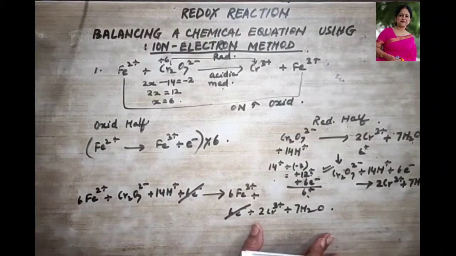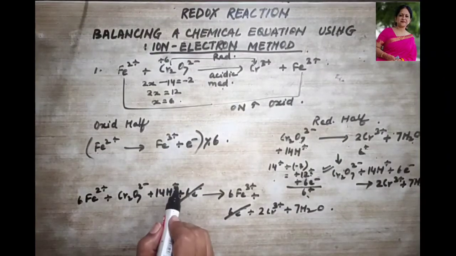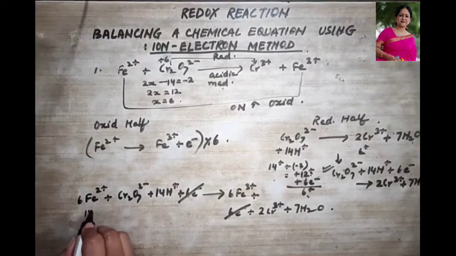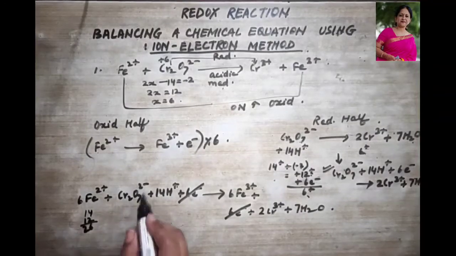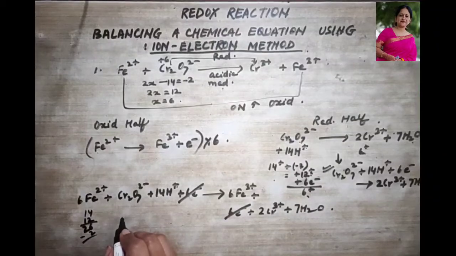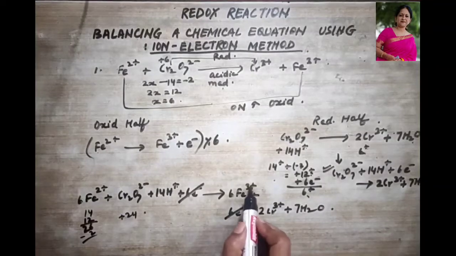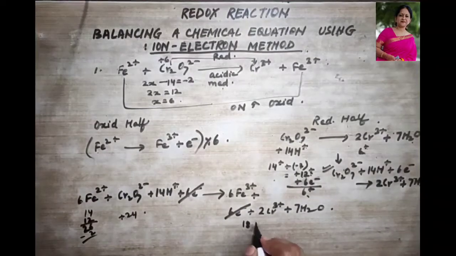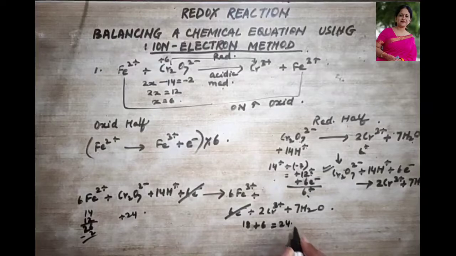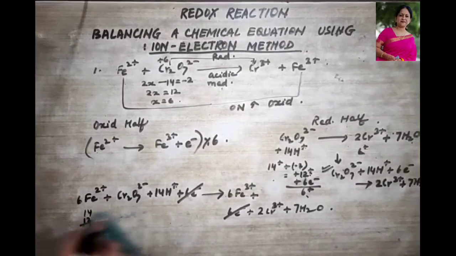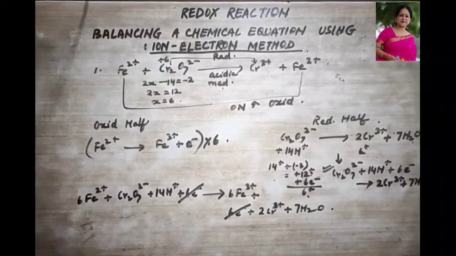Now let us look at the charges once again. They should be balanced. This is 14 plus 6 2s are 12. 14 plus 12, 26 minus 2. So over here in total we have how many charges? Plus 24. Now look this side. 6 3s are 18 plus 3 2s are 6. So 18 plus 6 is going to give us how much? 24. So the charges now on both the sides are equal, and hence we can say that we have balanced the equation.